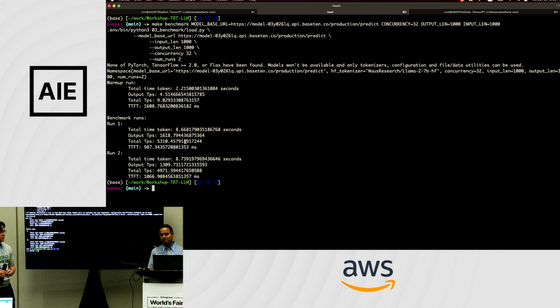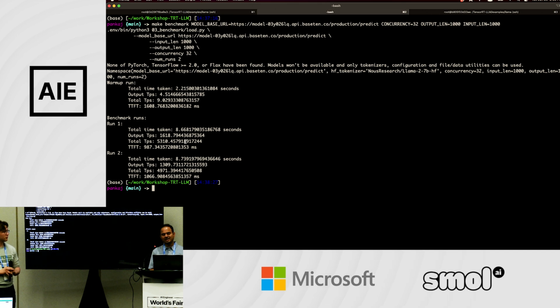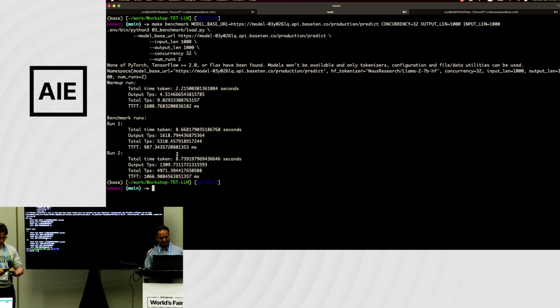But on bigger GPUs with Llama 8B, you should also see very, very high values because H100s are very, very powerful and TensorRT-LLM is very, very optimized. I think we see up to like 11,000 tokens per second, and you should do a comparison. It's really, really high. In this case, we have 2 runs, and you see these values. Let me try a different run.